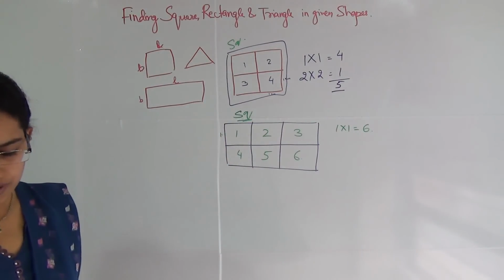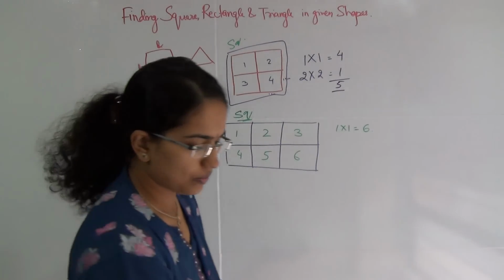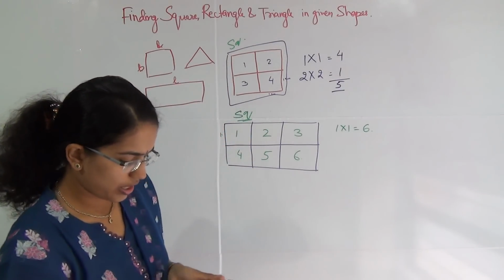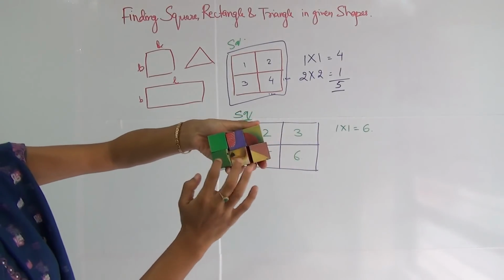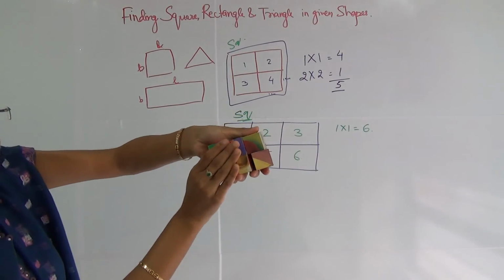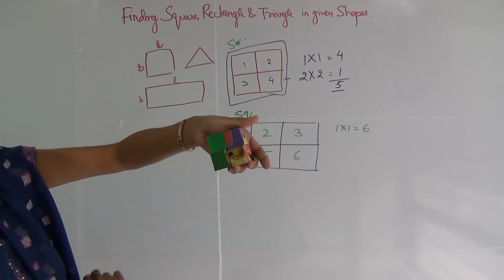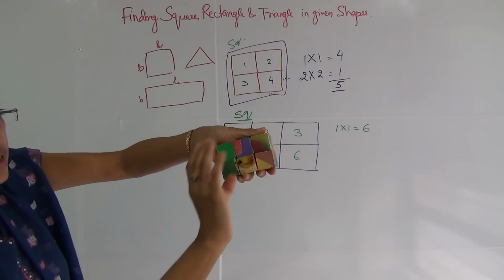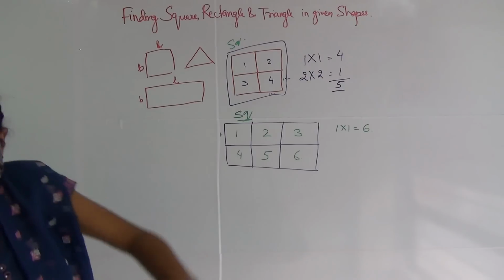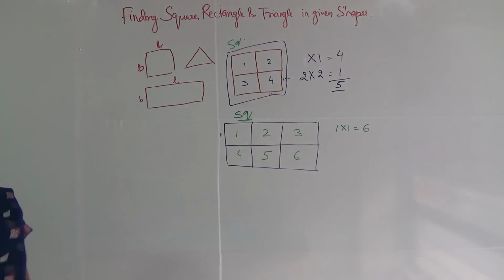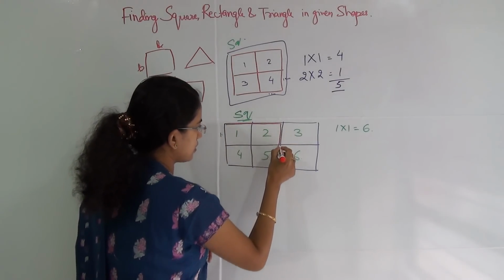Then I will find out the number of squares which are of the size 2 by 2. So for example, if I join these 6 blocks, okay, now I have 1, 2, 3, 4, 5 and 6 blocks. Now I have to form the blocks which are of the size 2 by 2. So if I remove these 2, it's 2 by 2. Then I can remove these 2 and again this is a 2 by 2, okay. So what I can do here is, I can draw this line, okay.